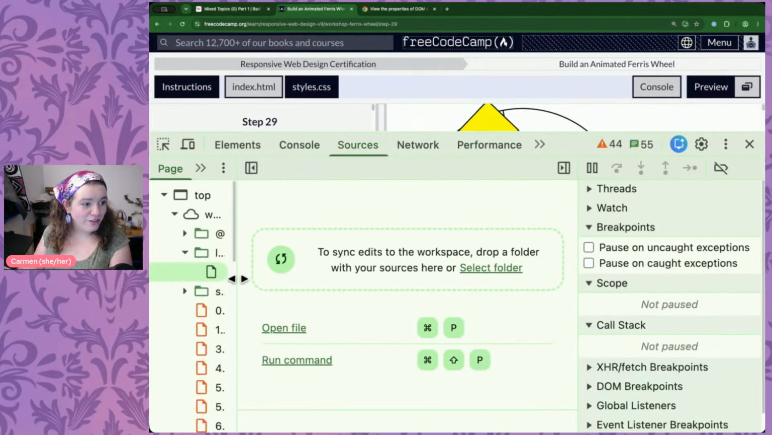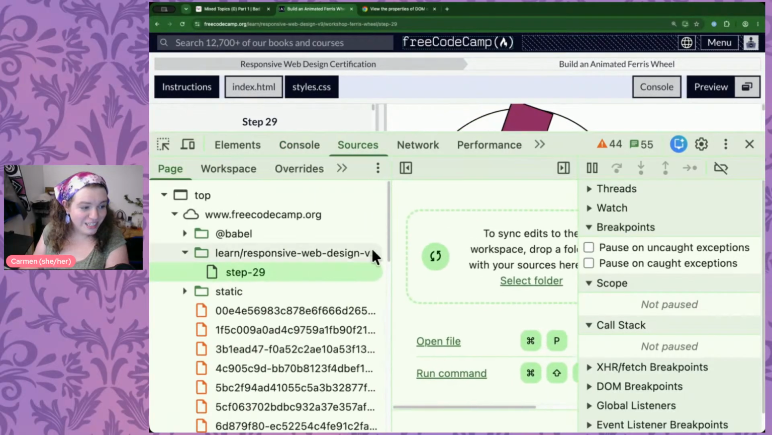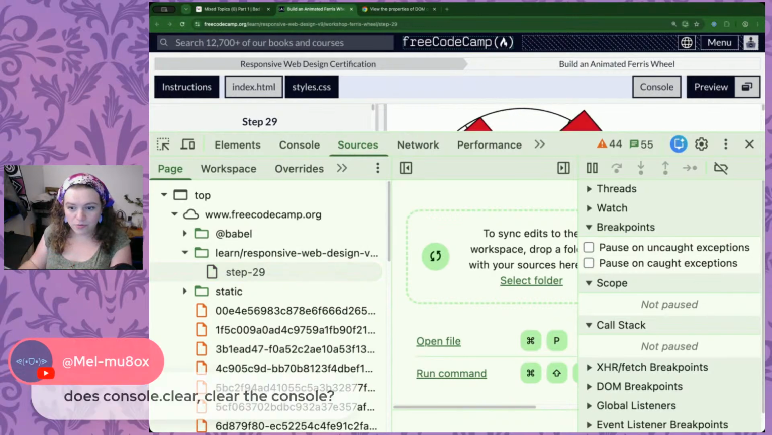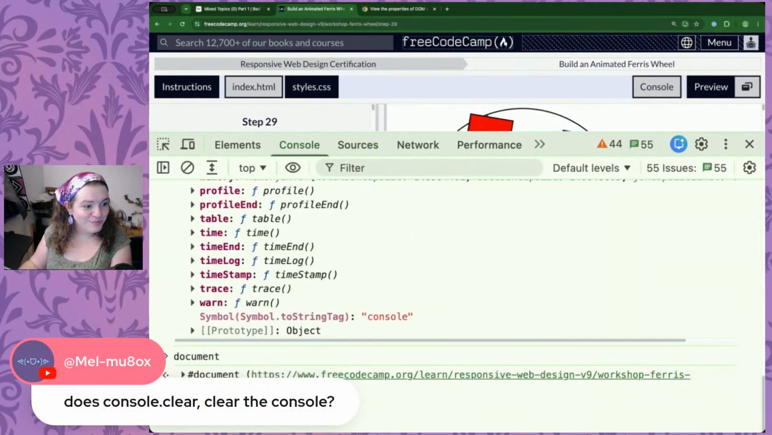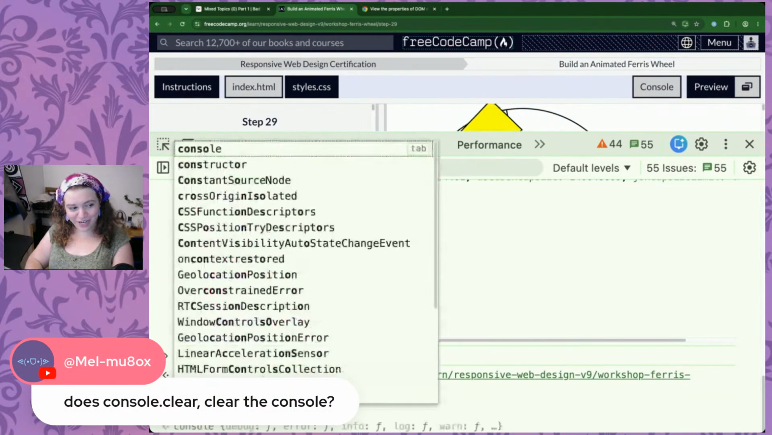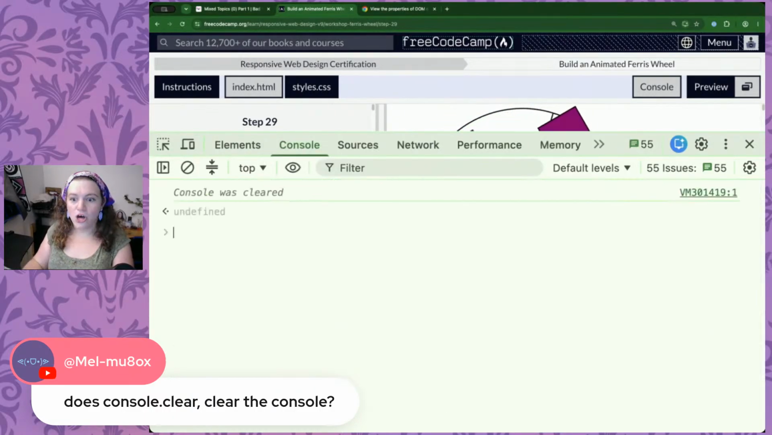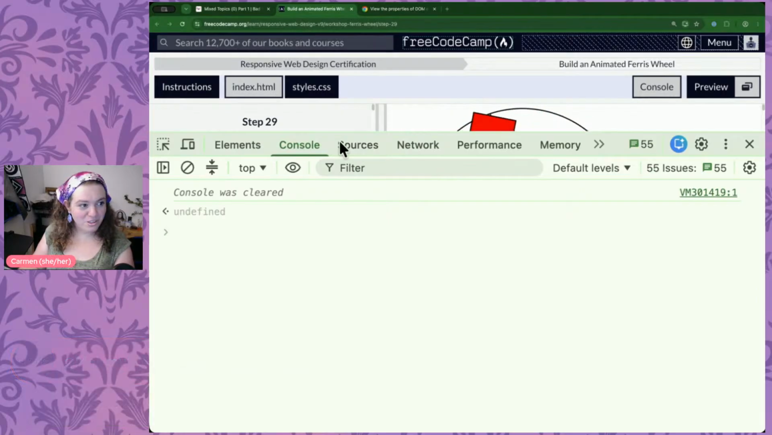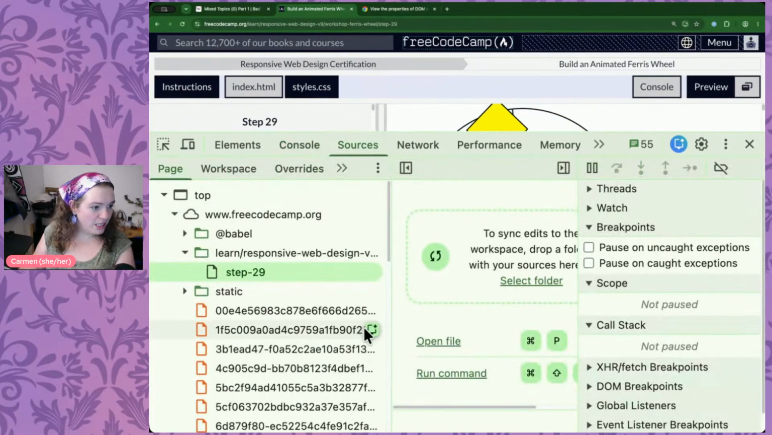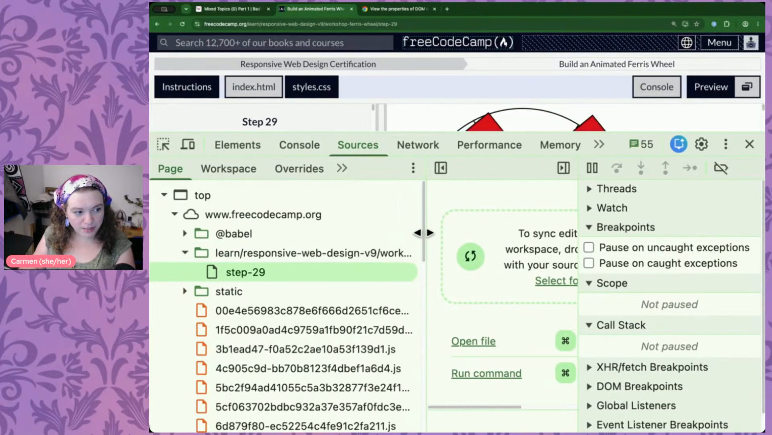Let's keep going. There's so much stuff to cover here. Sources. Does console clear the console? Only one way to find out, right? Gone. Yes, it does. So back to our DevTools. This is every single external file that is accessible to our website or web application. For example,